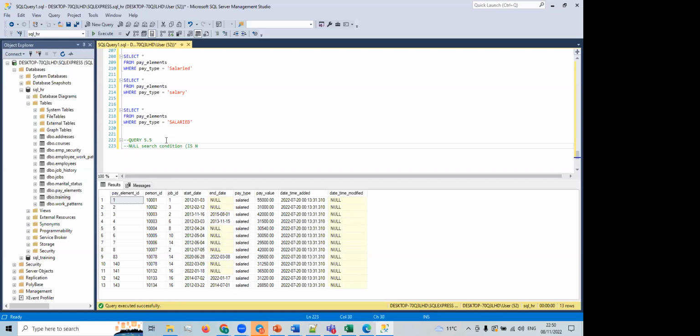Is null or is not null? Is null or is not null? Which table can we use for this? We will still use the pay table. So let's see if we can quickly select